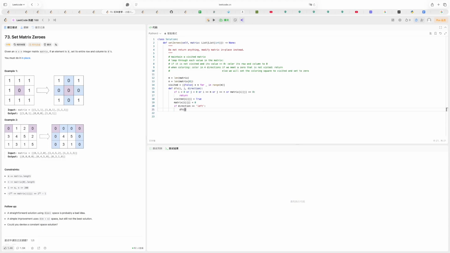So we'll have recursive calls, and for left it will be